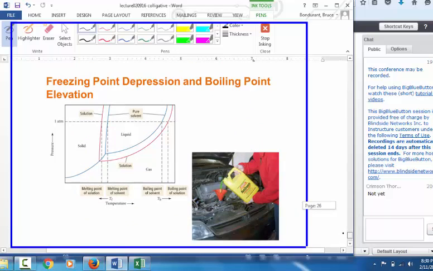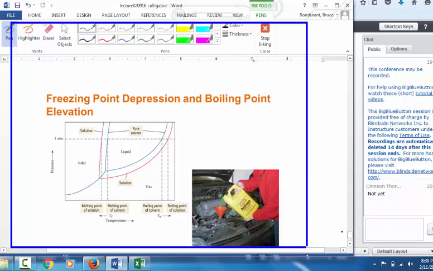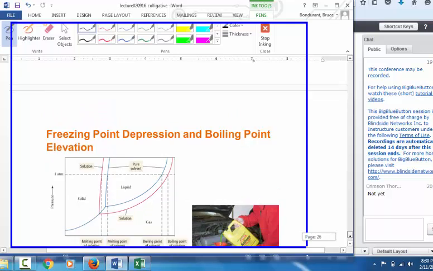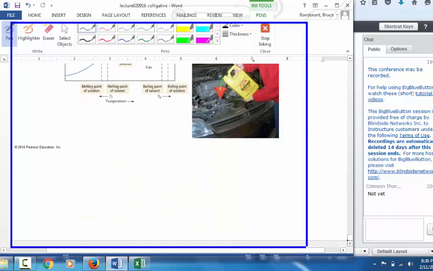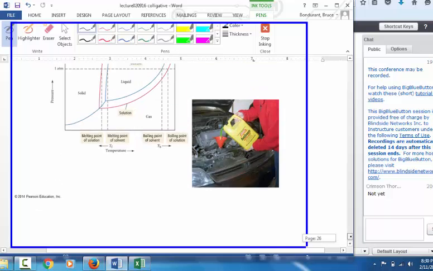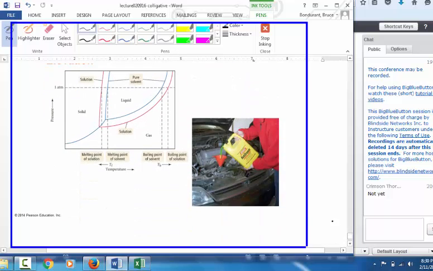Okay. So we looked at boiling point elevation. Next thing I'll do is look at freezing point depression. I think I'm going to record something on Monday about the same time, and then Tuesday and Thursday I'll also be doing a recording. So we'll look at freezing point depression, and then